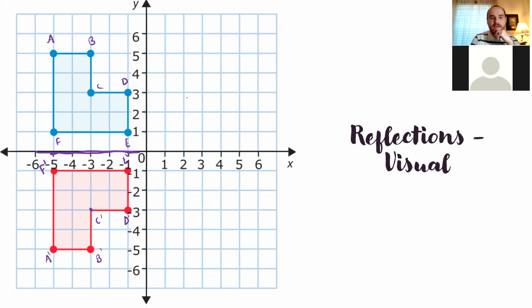If you flipped across the y-axis, you would have the points like this. So you'd have D here, E would be here, F would be out here, A would be way up here, B over here, C, and D, like that. So that would be if you reflected it across the y-axis here. And then you could potentially reflect it across both axes, which would leave it looking like this. So you'd have,